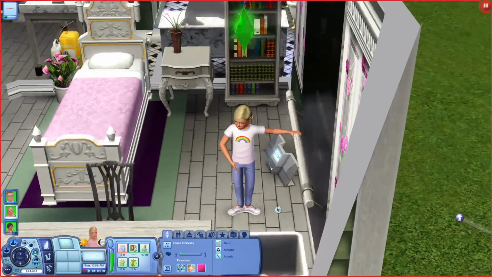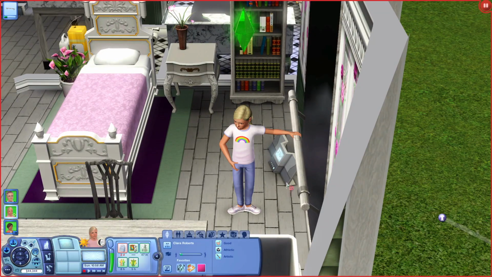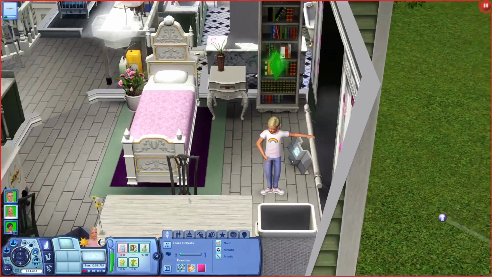So I thought that might be a better trait for when she's a teen, and then we could do the trait childish when she's a young adult, because she just has such fond memories of her time as a child with the Nutcracker and everything.